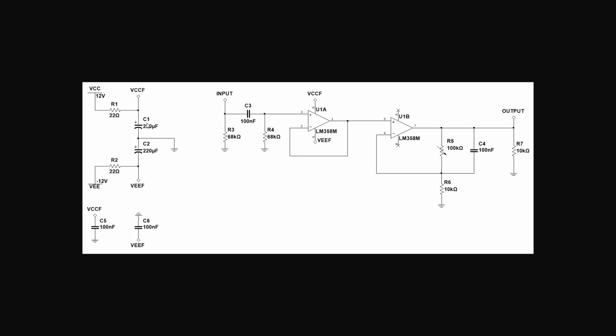And these both form low-pass filters. So a fairly small value resistor, but a very large value electrolytic capacitor. And we then use these filtered rails to feed our op-amps over here, so VCCF and VEEF. We also have some extra decoupling capacitors, 100 nanofarads each, which are close to the supply pins of the op-amp package. So we take the input from our voltage source, maybe an audio source and so on, and we feed